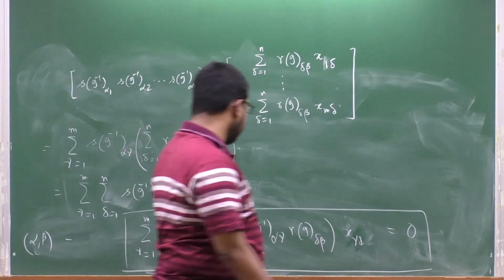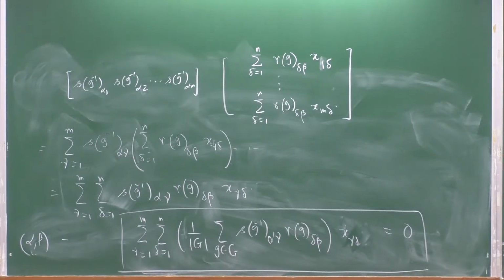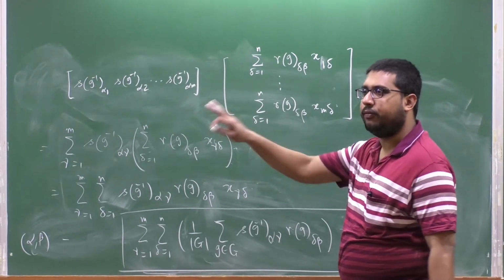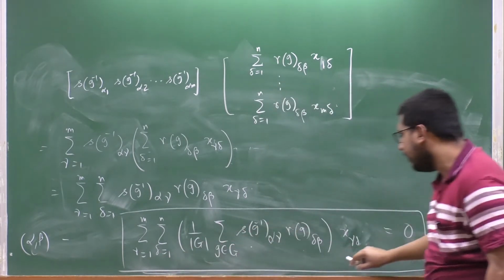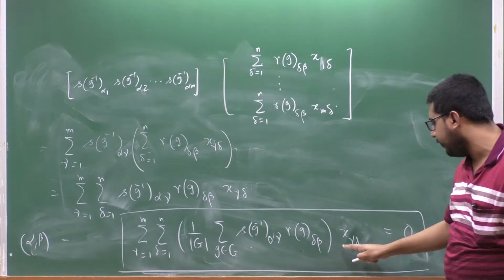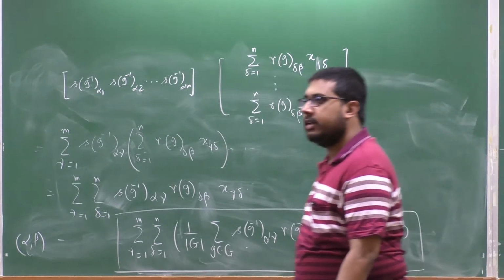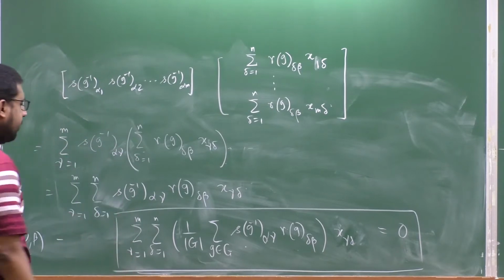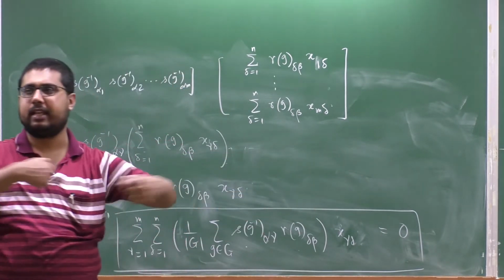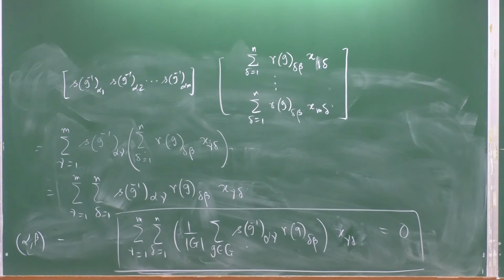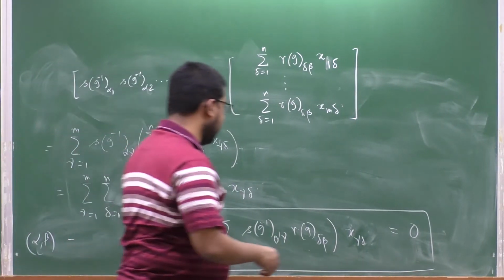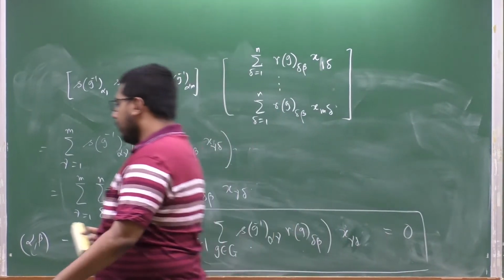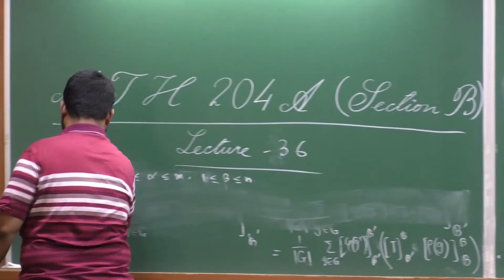Remember that, given these representations, once I fix the ordered bases beta and beta prime, these are fixed quantities. Now it just says that for any value of x gamma delta, this is going to be 0. So what does that mean? This is a linear form in these xij's, right. So this linear form vanishes for any value of xij. So that means each of these coefficients will vanish. So therefore we obtain that